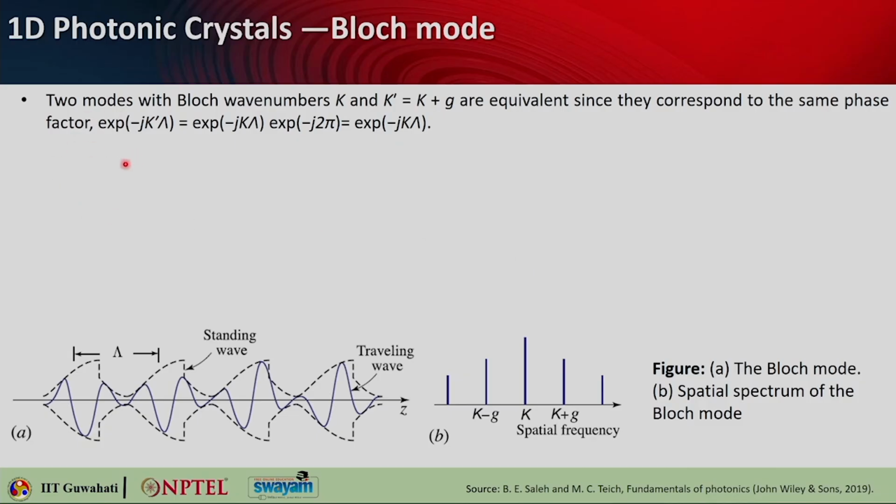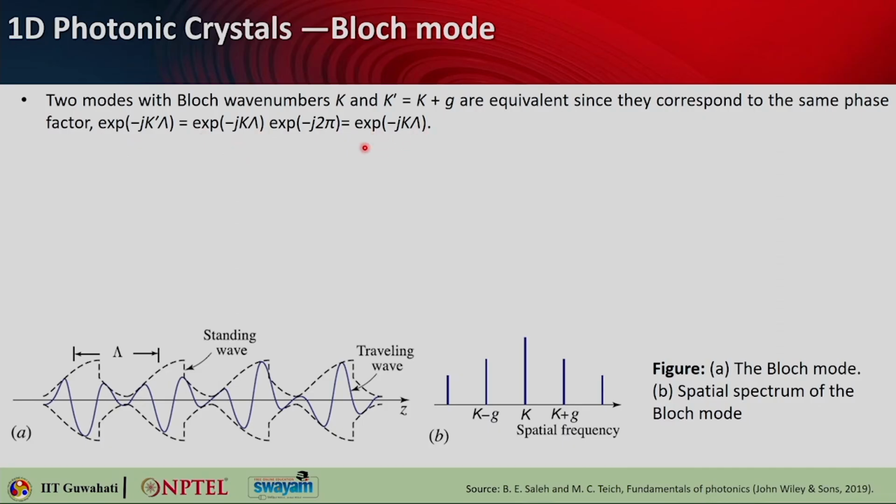So, let us take two modes with Bloch wave numbers. One is k, another is k prime, which is nothing but k plus g, and let us assume that these two modes are equivalent since they correspond to the same phase factors. So, you can actually write down: exponential minus j k prime capital lambda will be same as exponential minus j k capital lambda times exponential minus j times 2 pi, because from here to here it is 2 pi, and then also here it is another 2 pi. So, you can add that extra phase and you will see you will land up actually at this. So, you can say these two are having